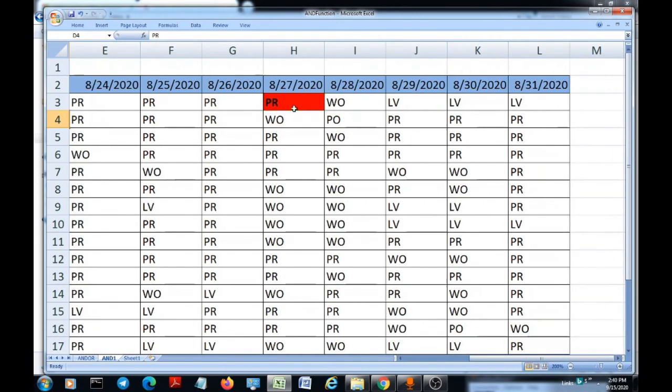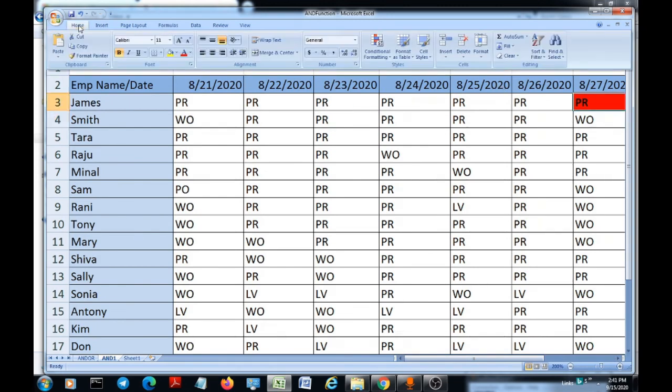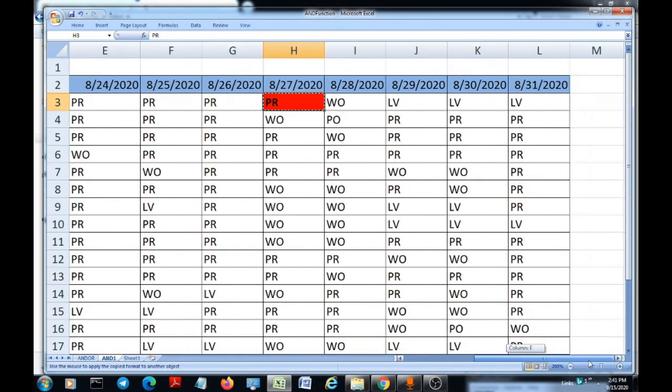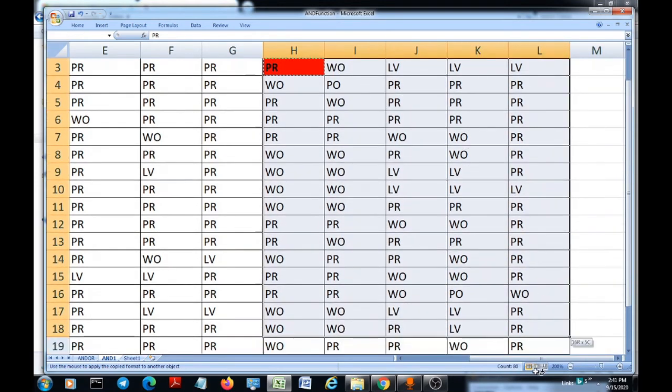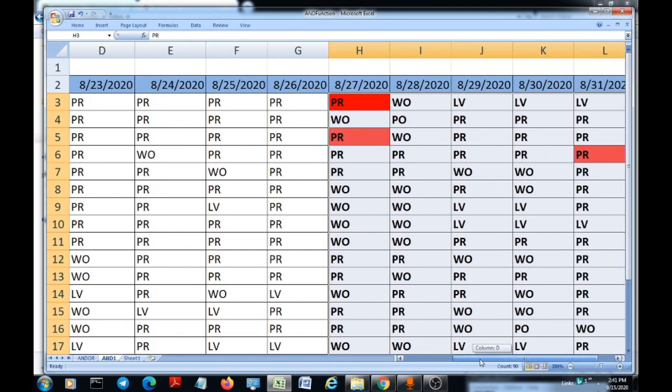So now let me apply this same conditional formatting to all other cells. In the last example also I explained how we do that. We select the cell wherein we have already applied the conditional formatting. We go to the Home tab and click on the format painter, and remember to apply this conditional formatting only to the cells after this seventh value, because this is what is important for me. So I want this to be applied to the attendance data which are after the seventh day, or after the sixth day from the seventh day.